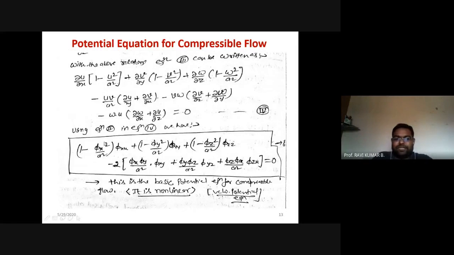So this cumulative equation is known as the linearized potential function equation. But in nature, it is basically a non-linear equation. So when we are solving this, we need to put in some assumptions. The assumption will be small perturbation velocity. So velocity changes will be negligibly small, right? That we need to consider when we are solving this.